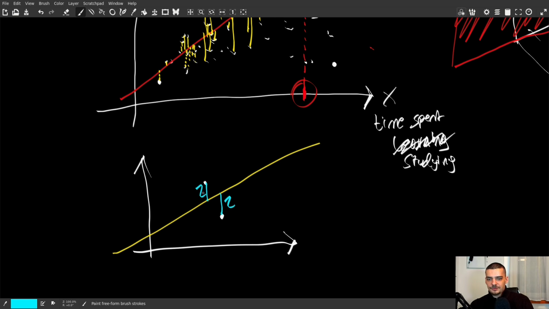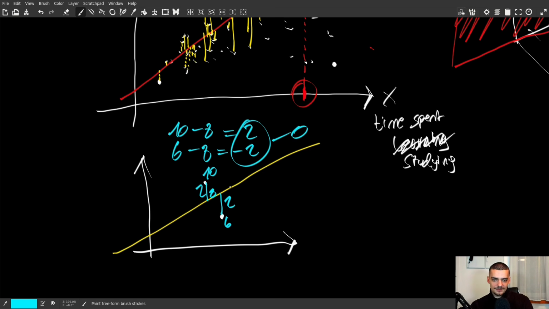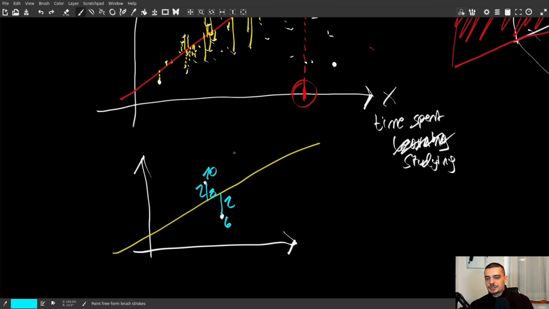Mathematically speaking, if that is 10 and this is 8 and that is 6, then I would say 10 minus 8 is 2, but then I wouldn't do 8 minus 6, I just do 6 minus 8, and that would be negative 2. And if I just sum them up, I would get a loss of 0, even though I have some loss. So long story short, a simple way to counteract this is to just square the numbers,